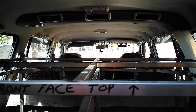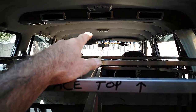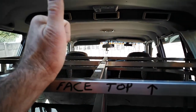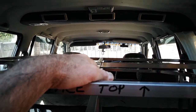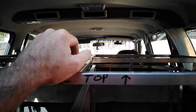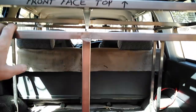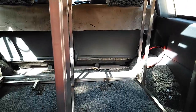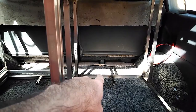So it'll just be a narrow little cargo gap or cargo barrier that I can actually see through with a grid. I'll be able to see through it through the mirror while I haven't got things loaded here. That is basically the drawer system as it is now, and that will complete phase 1 once I've done all of this. Phase 2 is going to be the front edge right over there between the forward